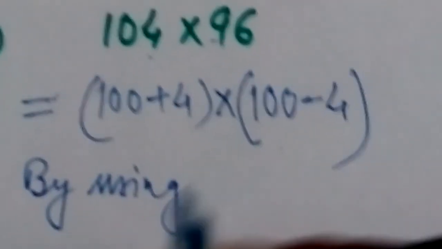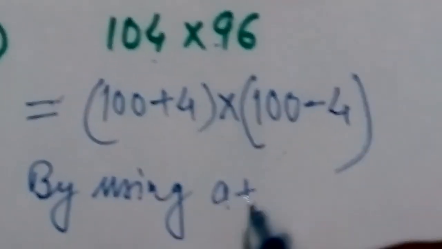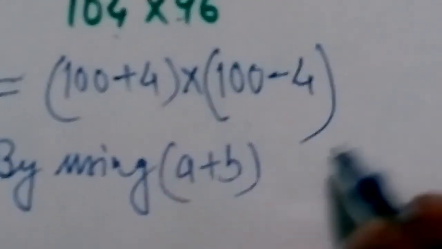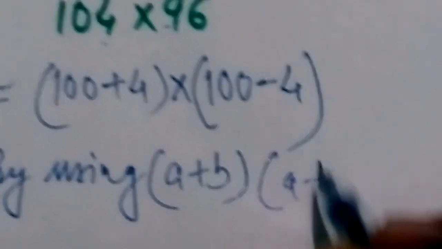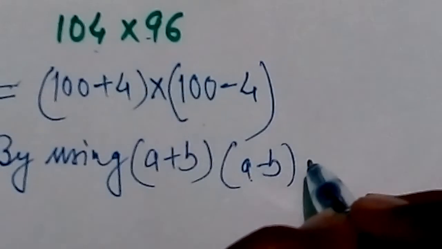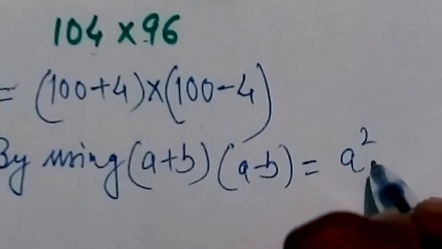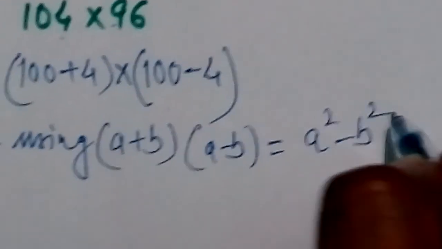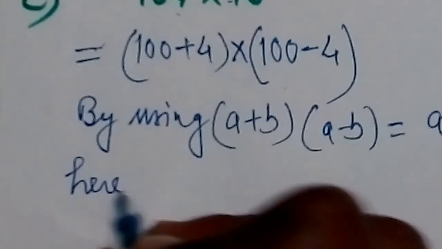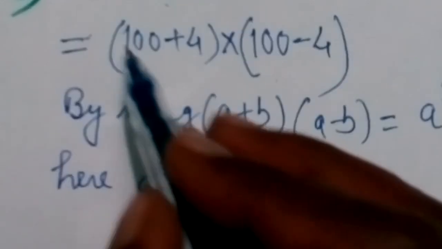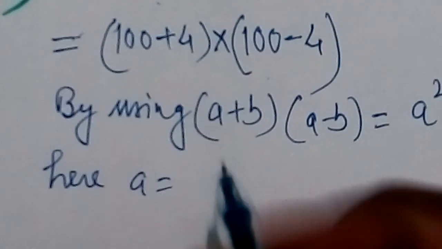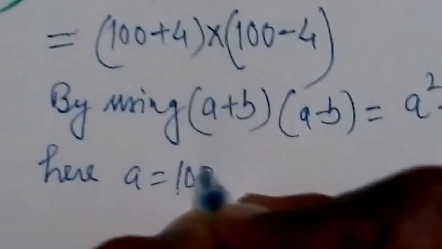By using the identity (a plus b) into (a minus b), which was equal to what? a square minus b square. Here just do the comparison. If you do the comparison, then here a will be equal to what? In place of a there is 100, so a is equal to 100, and